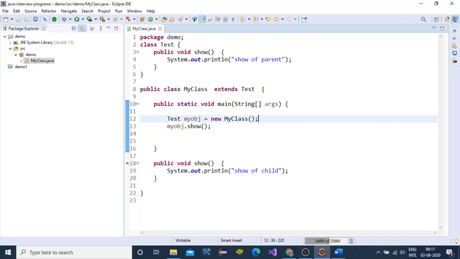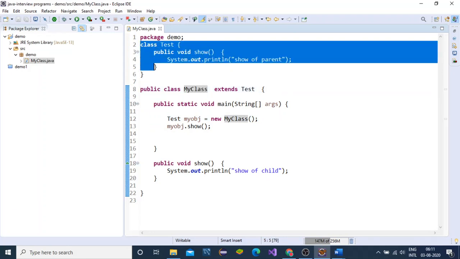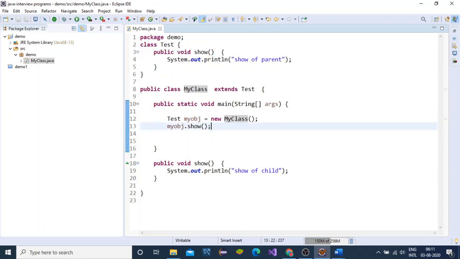So here I have taken a class, public class MyClass, and I have taken one more class, that is Test, and my class extends the Test class. We have created the object of the child class and put it into the parent reference. Now we are calling the show method.